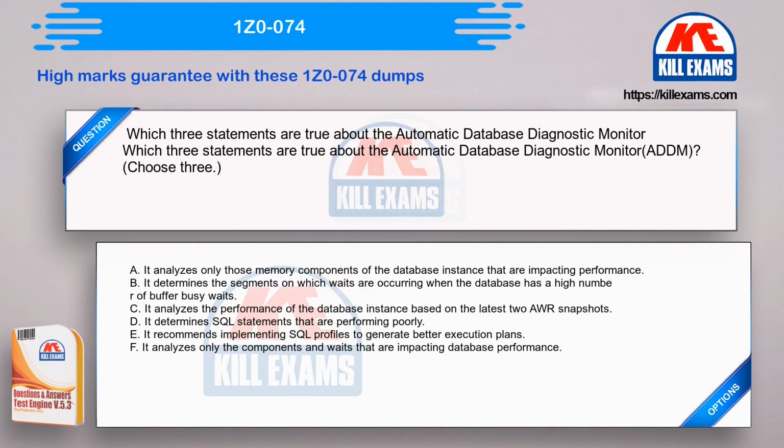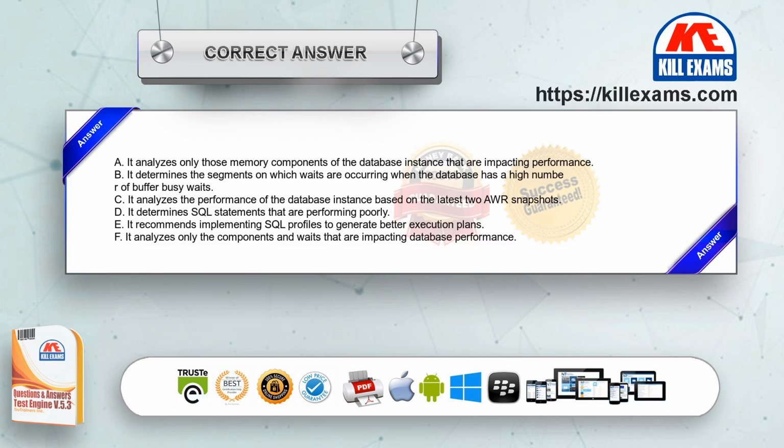Option D. It determines SQL statements that are performing poorly. Option E. It recommends implementing SQL profiles to generate better execution plans. Option F. It analyzes only the components and weights that are impacting database performance. The correct answer is option B, C, D,